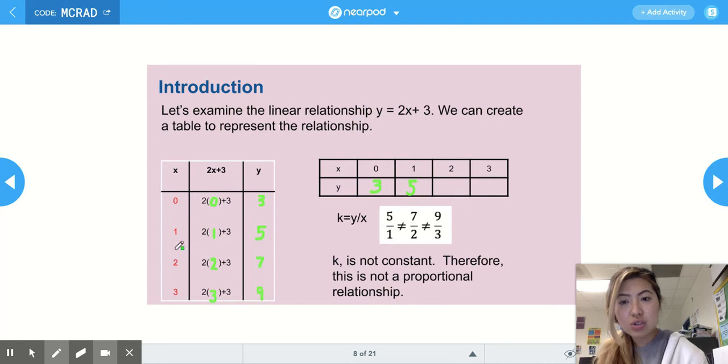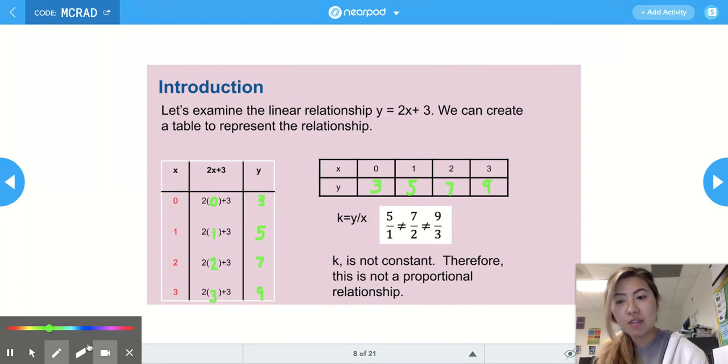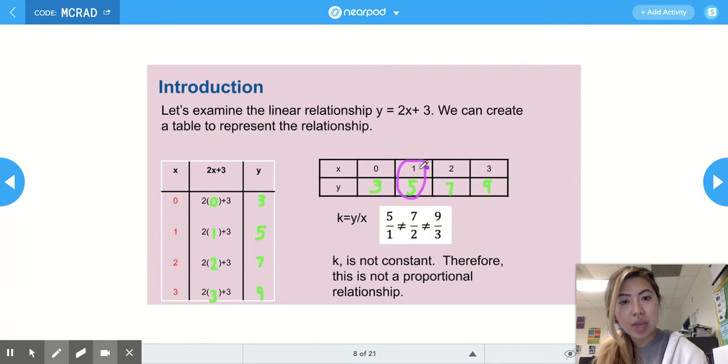When x is 2, y was 7. When x was 3, y was 9. And just to make sure that this is a non-proportional relationship, if we're using our constant of proportionality equation, which is k is equal to y over x, we're taking different pairs and setting them equal to each other, right? So we have 1 comma 5 would become 5 over 1 because 5 was our y value, 1 was our x value. And then we have